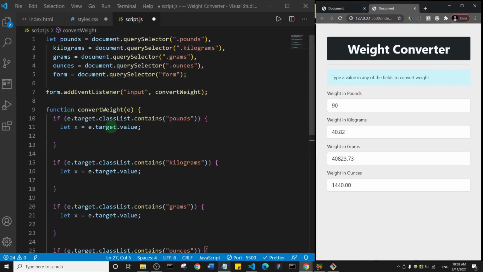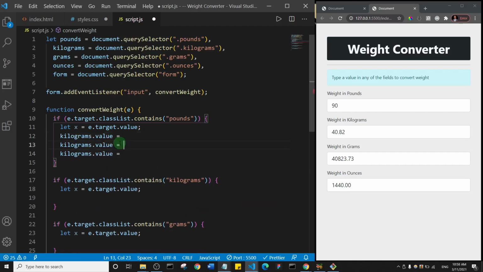And I will come to the area here for pounds, and basically what I'm just going to do is I'll just say kilograms dot value, and I'm going to set it to be equal to, so I'll just duplicate this and change it here to grams dot value, and the last one is going to be ounces dot value. Okay, all right, now let's